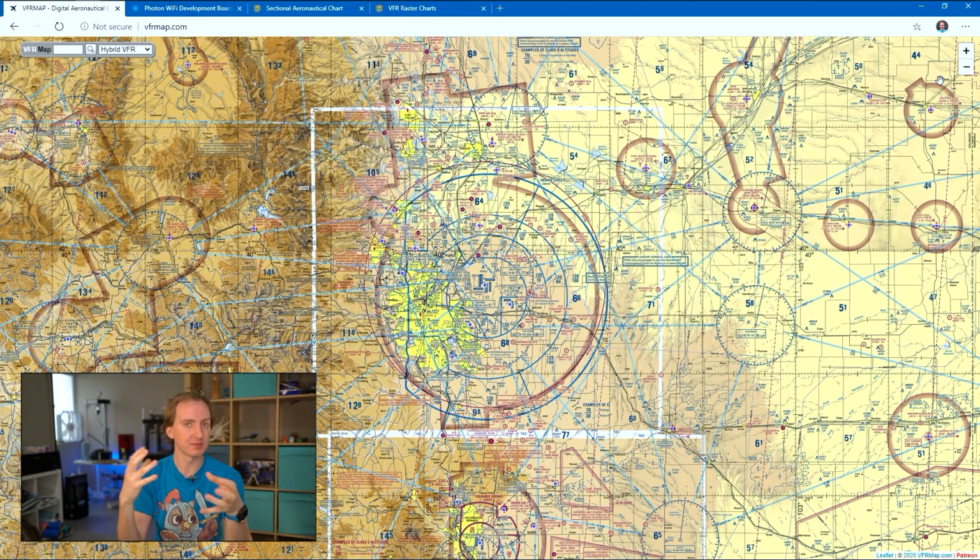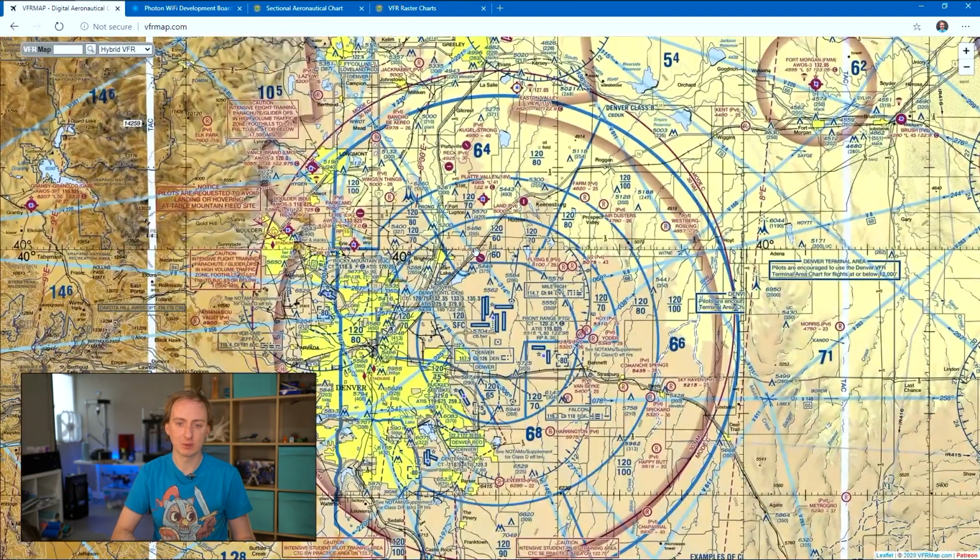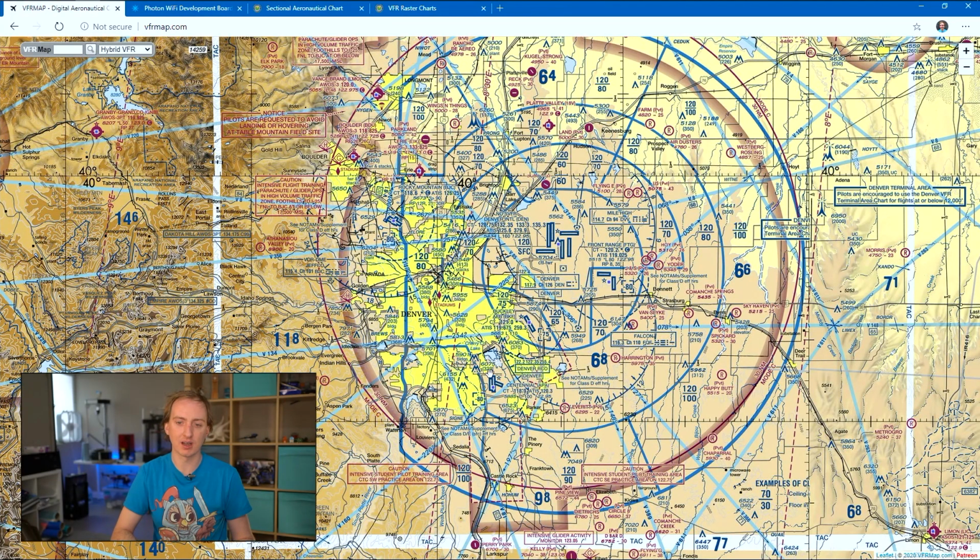Now, there's a couple of different kinds of flying, VFR versus IFR, and this chart is designed for visual flight rules, which is what VFR means. Essentially flying with reference to the ground. So you can see here, it has a lot of ground information that shows you not just mountains and areas like that, but if you zoom in, it also shows you things like where the areas of buildings are, and then railways and other sort of major features like Highway 70 here, which is obviously, if you're flying, a very